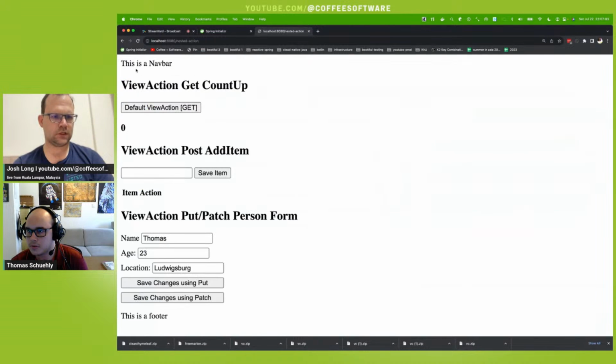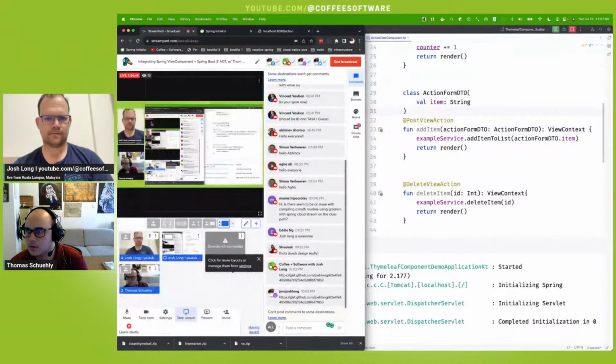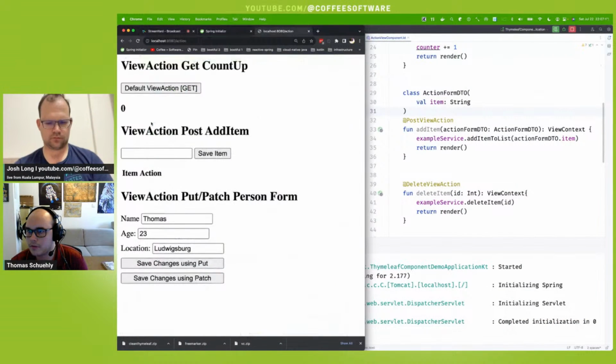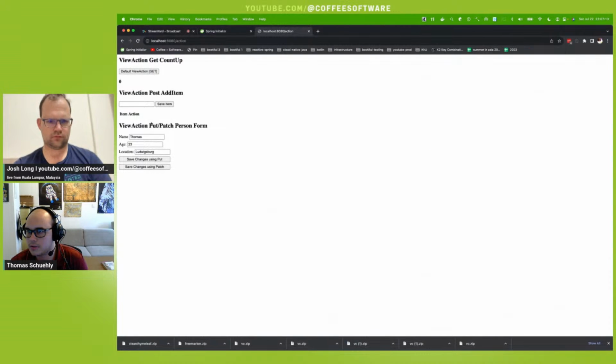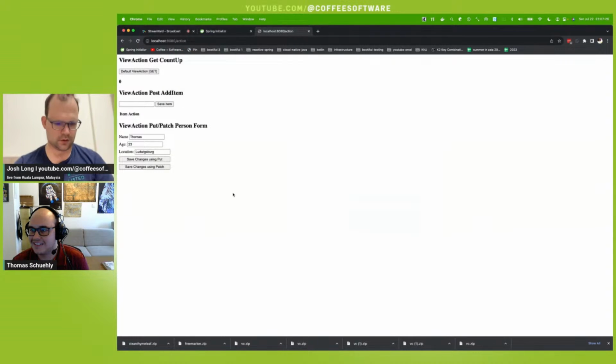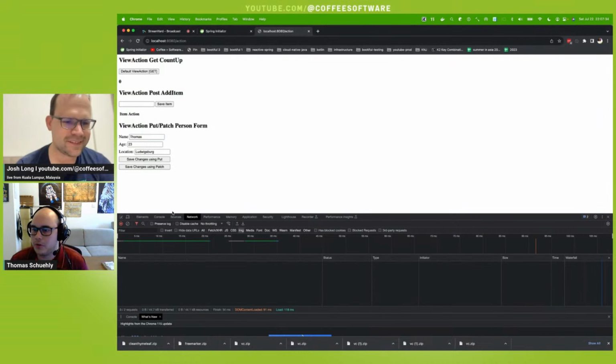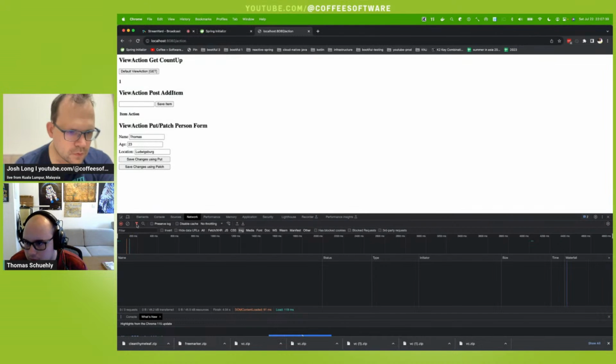Yeah. So if you open the DevTools, you can see what actually gets rendered. Hold on, developer command. It's okay. There we go. That one. Nope, that one. There we go. If you go on the default view action button, if you look at that, you can see it creates